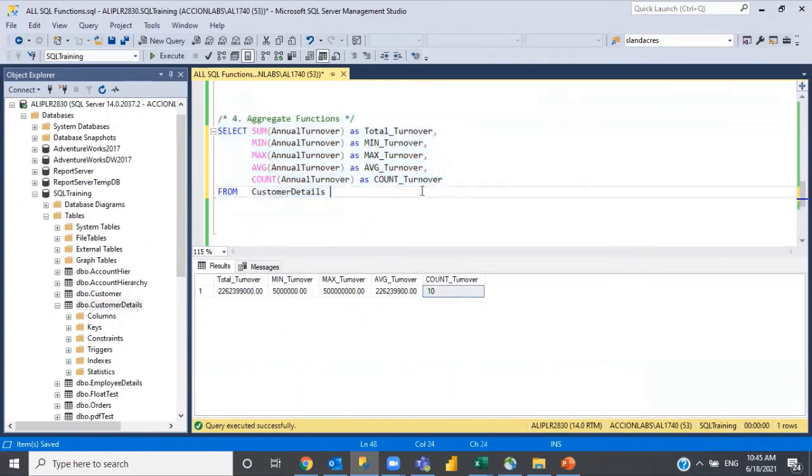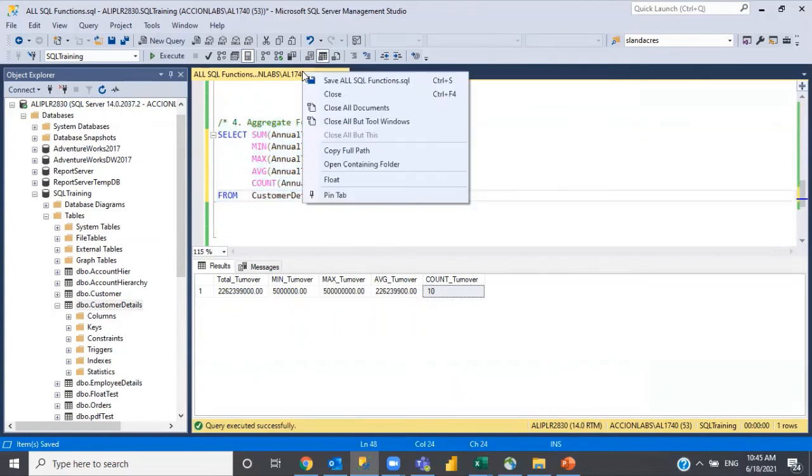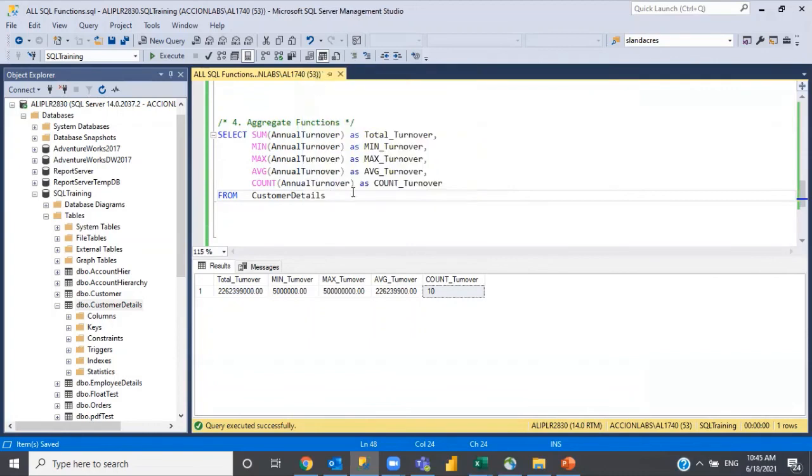So this is how you can use the aggregate functions. With this, I will conclude the class for today. Try to practice all the exercises that I have attached in the description below.